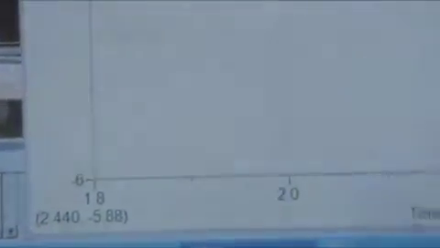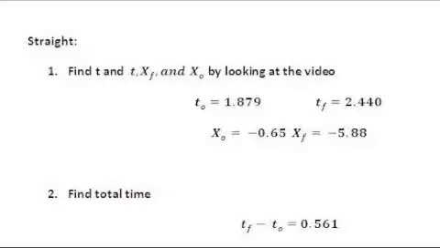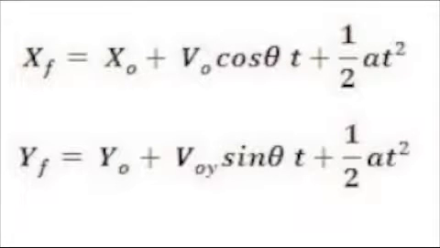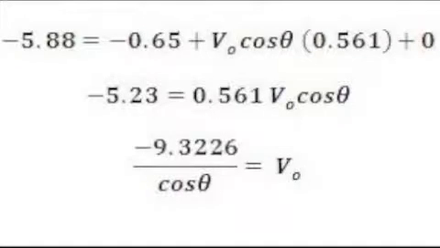First, we look at the initial and the final point in the x direction as well as the time. Our initial time is 1.879 seconds and our x initial is negative 0.65 meters. So now we just need to find the total time by subtracting t final minus t initial. Now you solve for v initial by plugging everything into the equation, which is negative 5.88 equals negative 0.65 plus velocity initial cosine theta times 0.561 plus 0. And that comes out to v initial equals negative